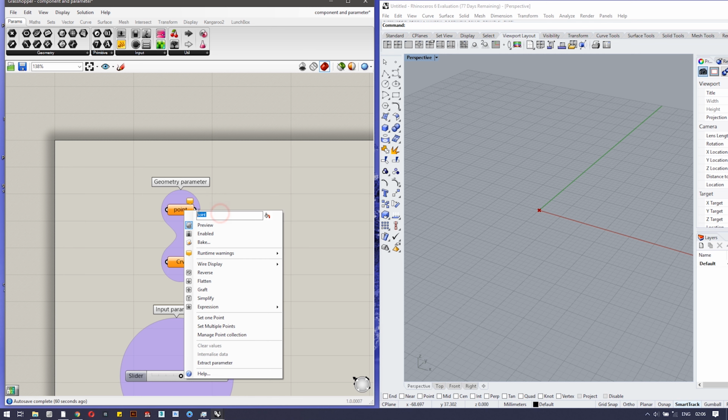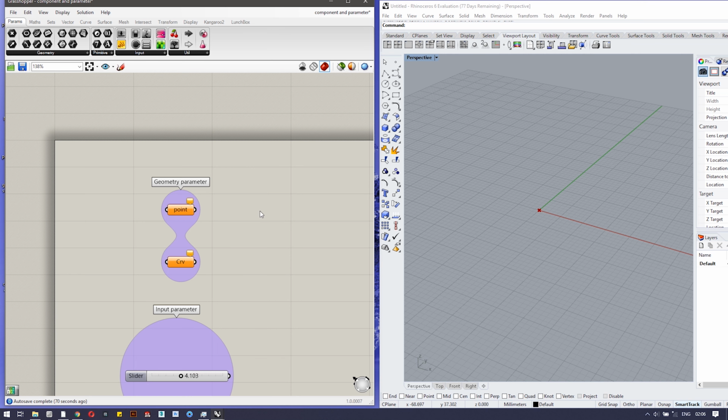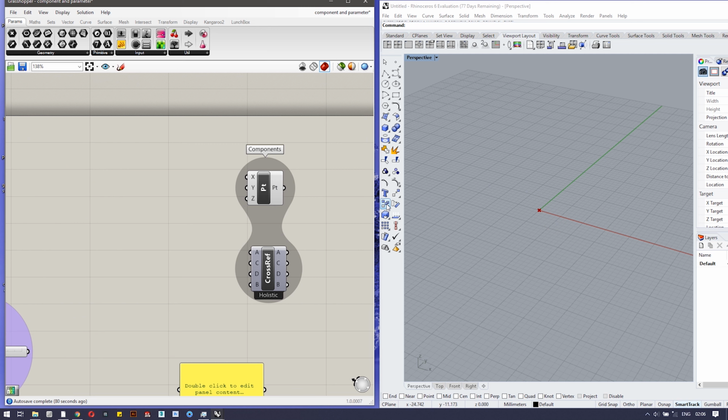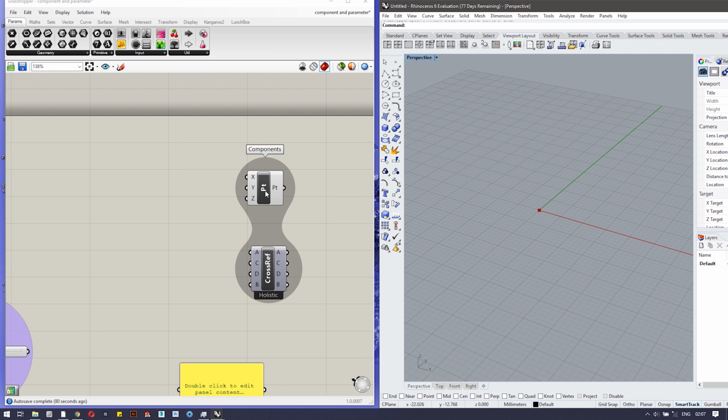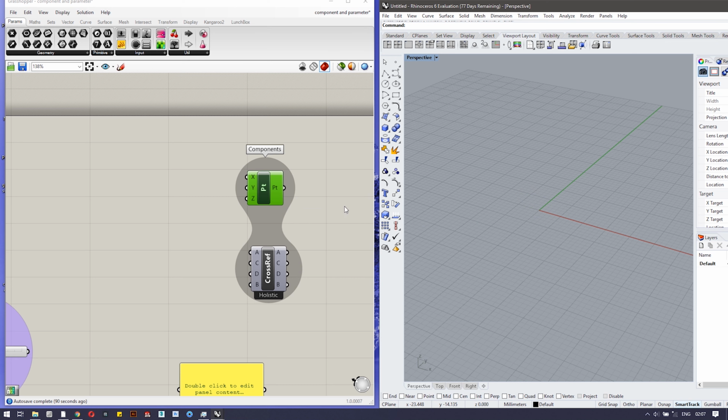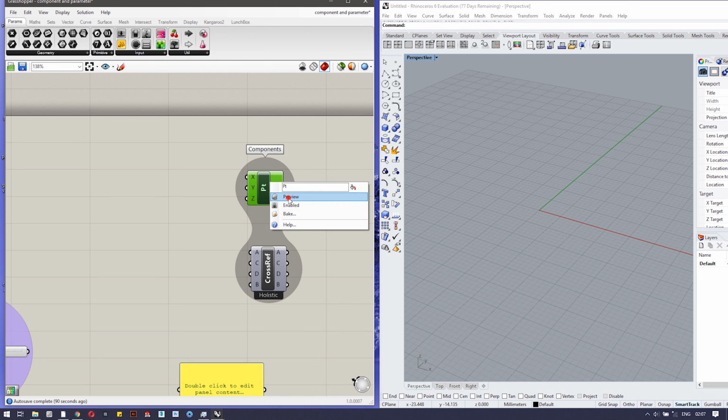So right click, change the name if you want, and preview decides if you want to see the geometry generated by this particular component in Rhino or not. For example, you can see this particular cross point is presented by this component. If I turn off the preview, it gets hidden, and I can turn it on again.